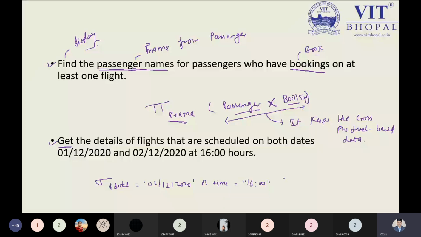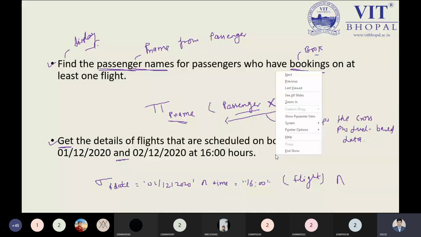We are selecting more data, so we have to apply the and. What do we have to use in this case? We might think of the union operation, but we are using the and keyword here, so intersection will come over here.